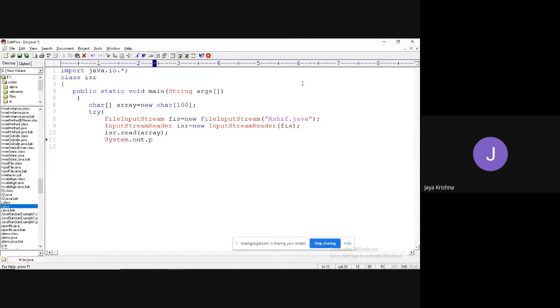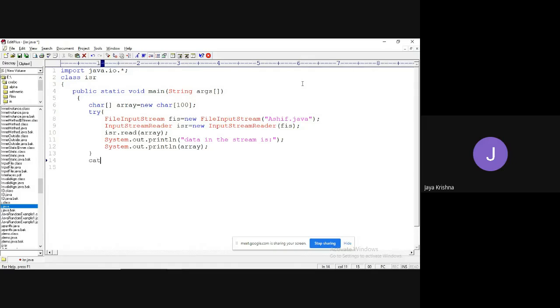System.out.println of "data in the stream is", and System.out.println of the array data which is in characters.